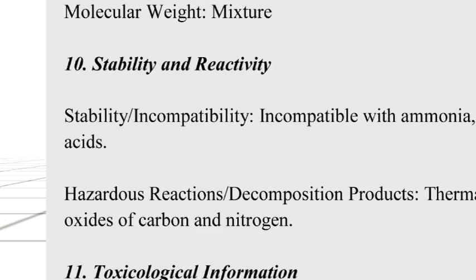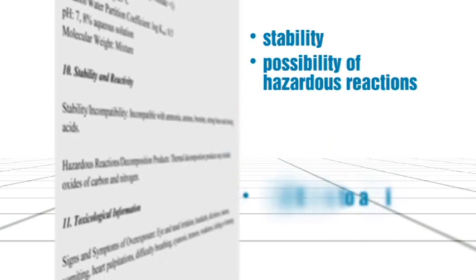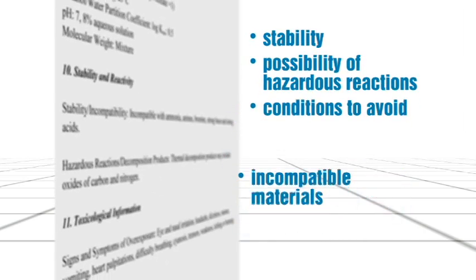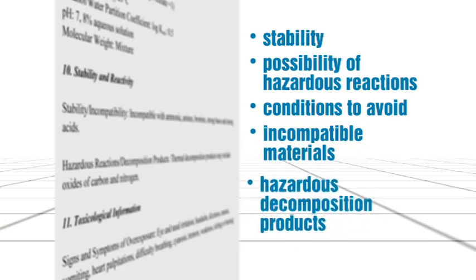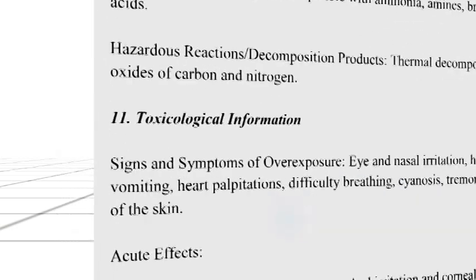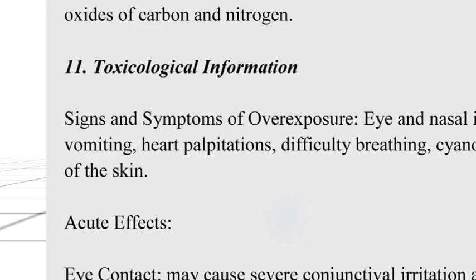Section 10 describes stability and reactivity and indicates the product's stability, possibility of hazardous reactions, conditions to avoid, incompatible materials, and hazardous decomposition products. Section 11, called Toxicological Information, describes the likely routes of exposure, symptoms of exposure, numerical measures